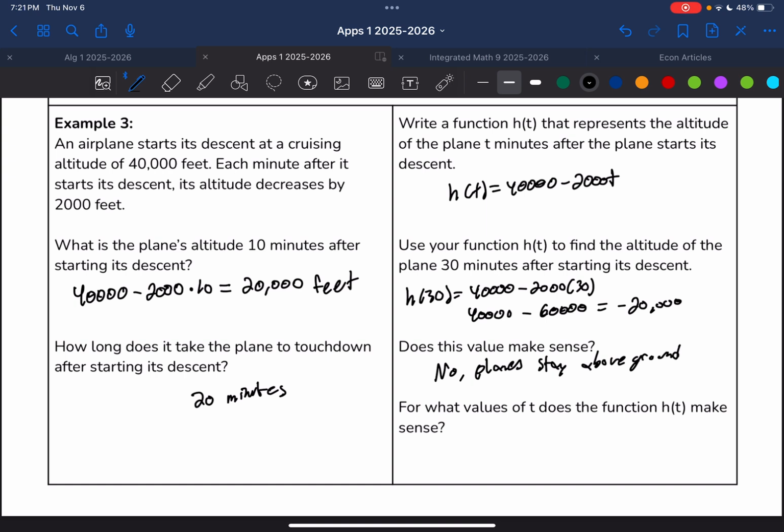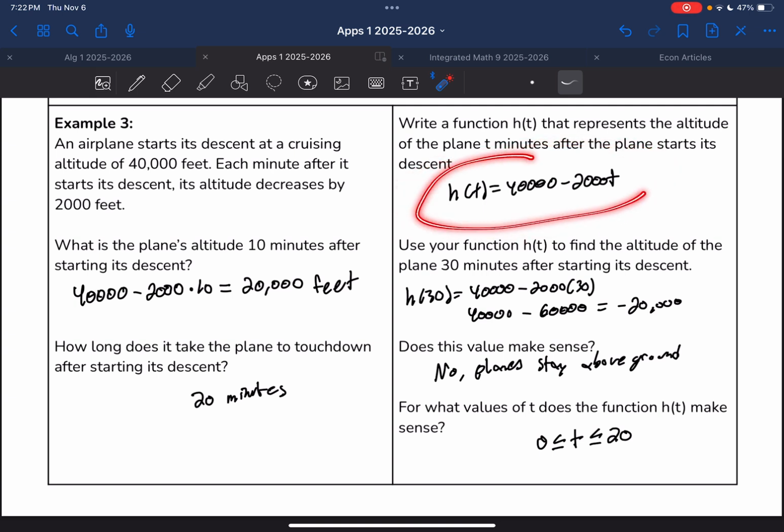And then for what values of t would this function make sense? Well, it doesn't really make sense for negative values. We want to start at 0 and work up. So we want t to be greater than or equal to 0. We don't want negative time values. But it also should stop once the plane lands. Once those 20 minutes have passed and the plane is on the ground, we don't need the function to go any further. So this function, yes, we can define this line for all points, but it only makes sense in context for this much smaller set of points. We can't extrapolate beyond